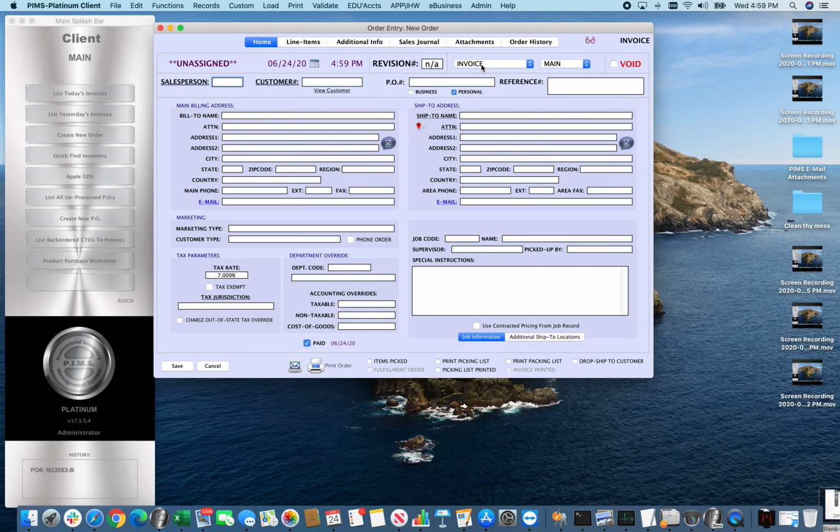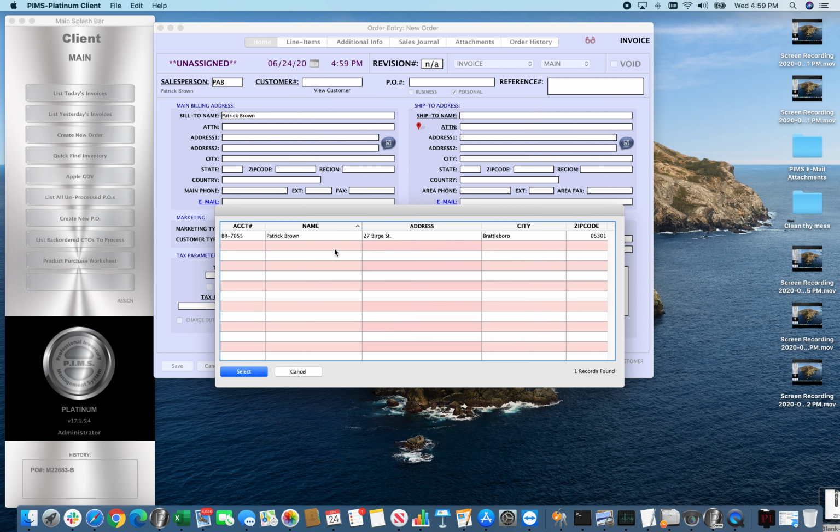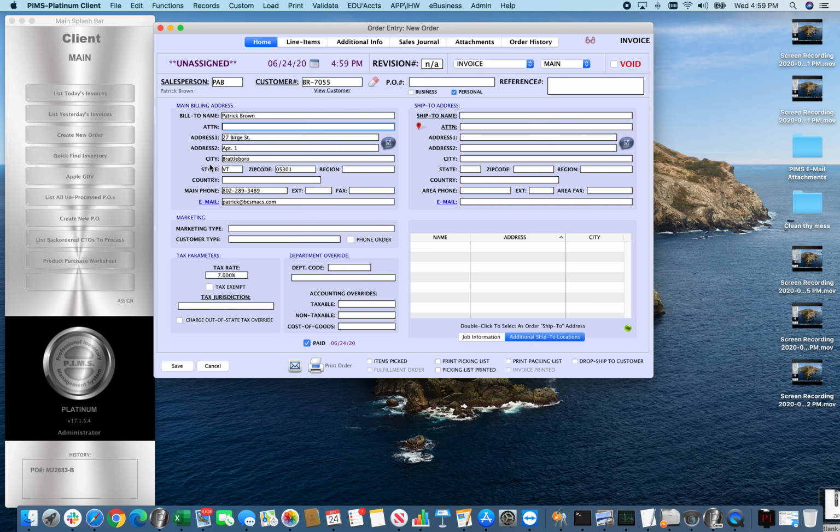So I switch the sales order to invoice. I enter my initials. That fills in me as the salesperson. If I'm selling to an existing customer, I can start typing in some details about the customer and then hit tab, and it should give me a list of customers that match that criteria, and the customer is added to